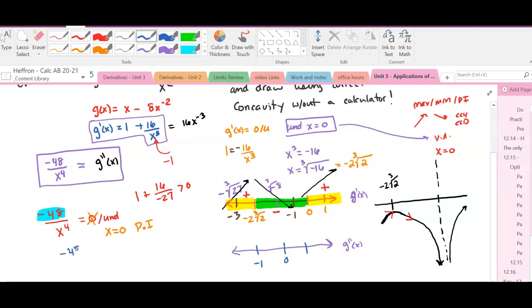Is -48 over 1 to the 4th, oh, that's negative. How about -48 over -1 to the 4th? Well, that's also negative. So I do not have a point of inflection, but I am concave down